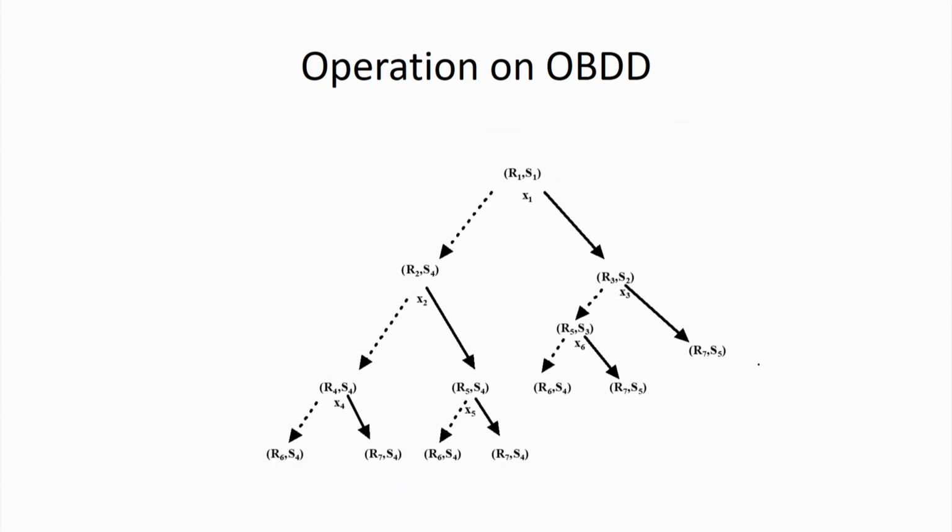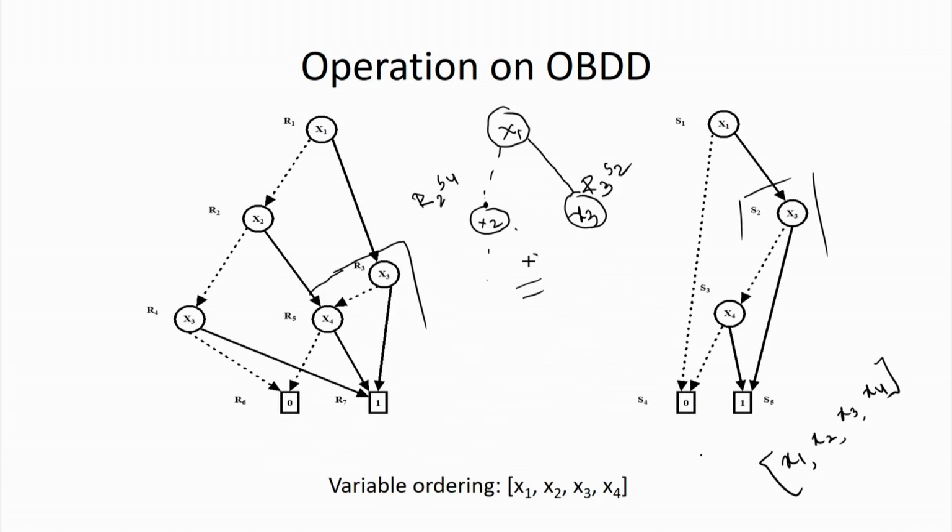So, finally, we are going to have R 2 R 4, R 2 R 3 S 2, then R 4 S 4, like that. This is the structure, and these are the nodes x 1, x 2, x 3, x 4, like that. Now, if you see these things, what about R 7, all those things? You see one example, R 6 S 4, R 6 S 4, these are the terminal nodes.